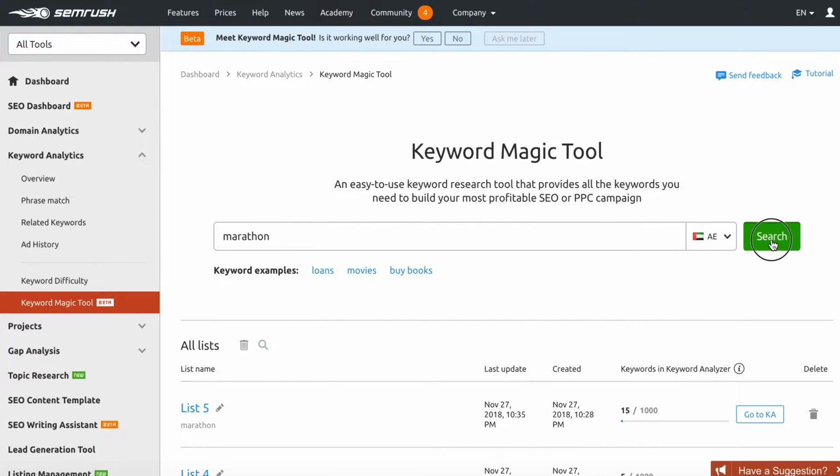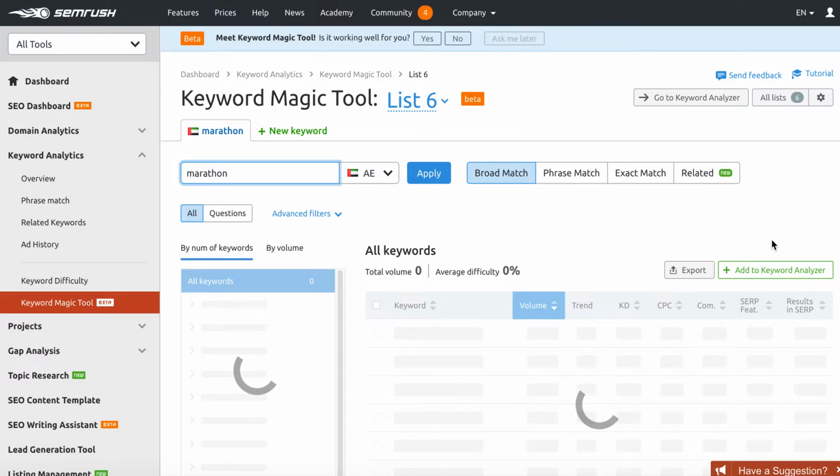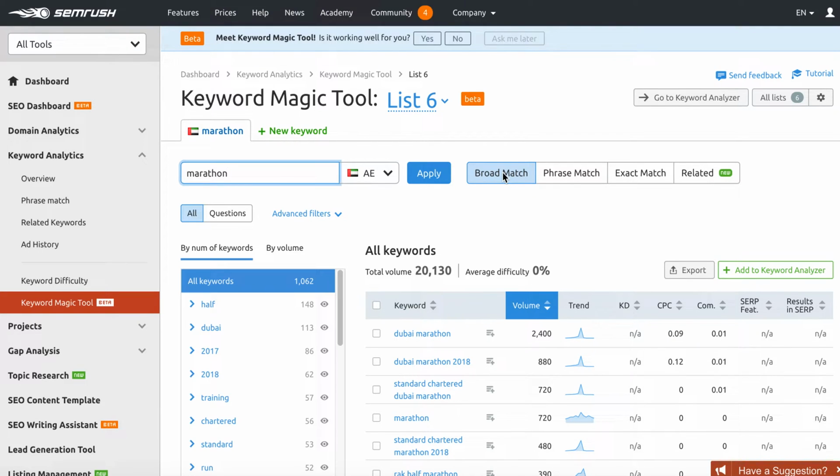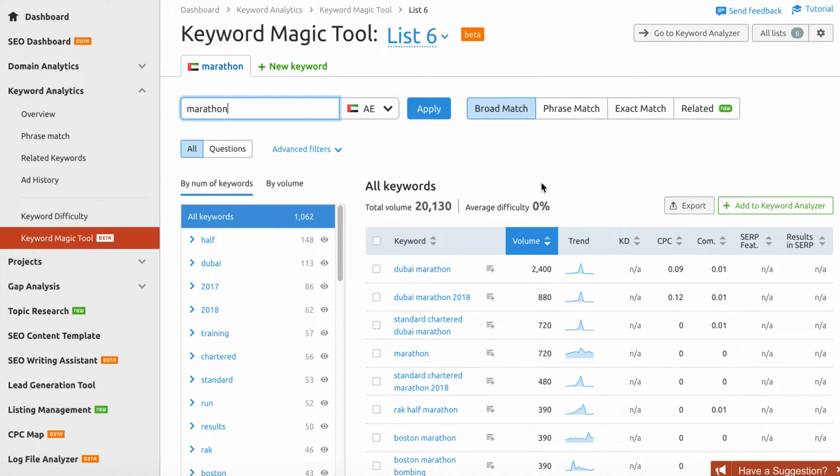So marathon, search. So you can see we're on the UAE, on broad match, which is the default, so that's fine for now. So the volume per month, 20,000 searches on the word marathon, so that's not bad. Not all of them are going to be useful, but let's sort of flick through at least the first set